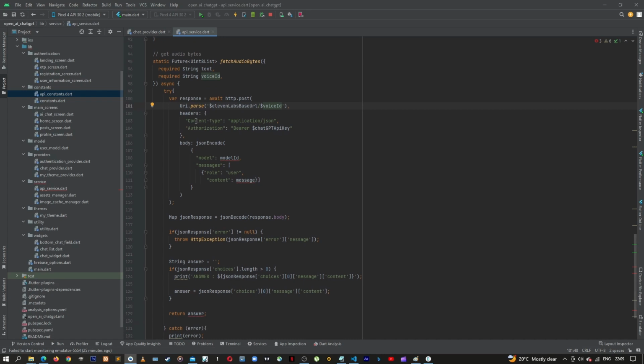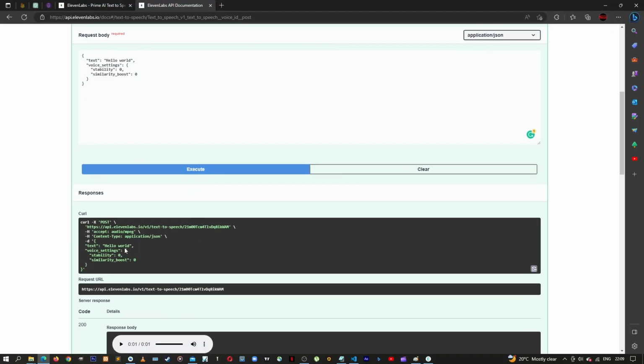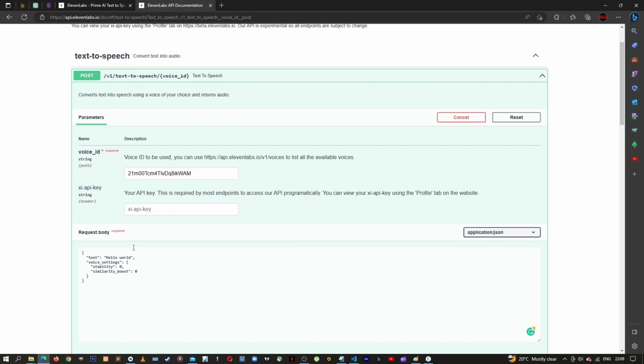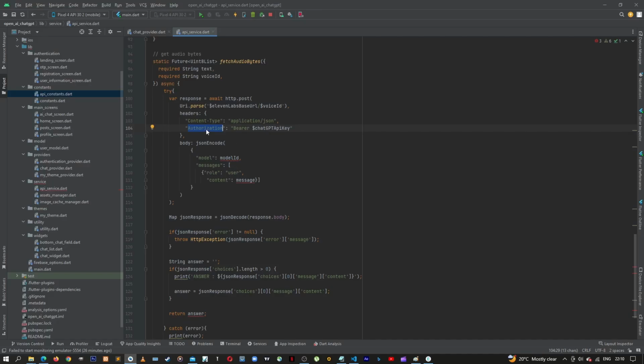Next, we need the content type, which is the same, and then here on the authorization, instead of it writing authorization, let's come back. We need to write the way it is here. It's like this one, xi-api-key. Let's copy that, then come back here and then paste that here. And then